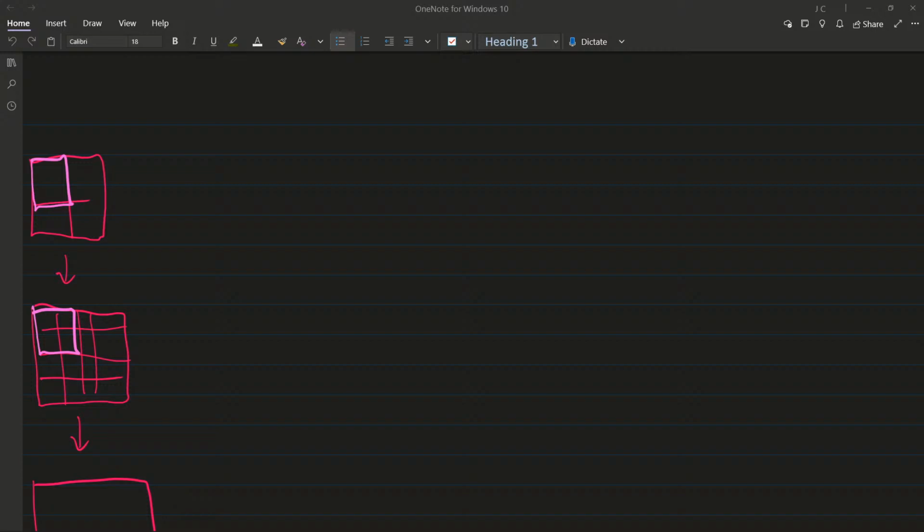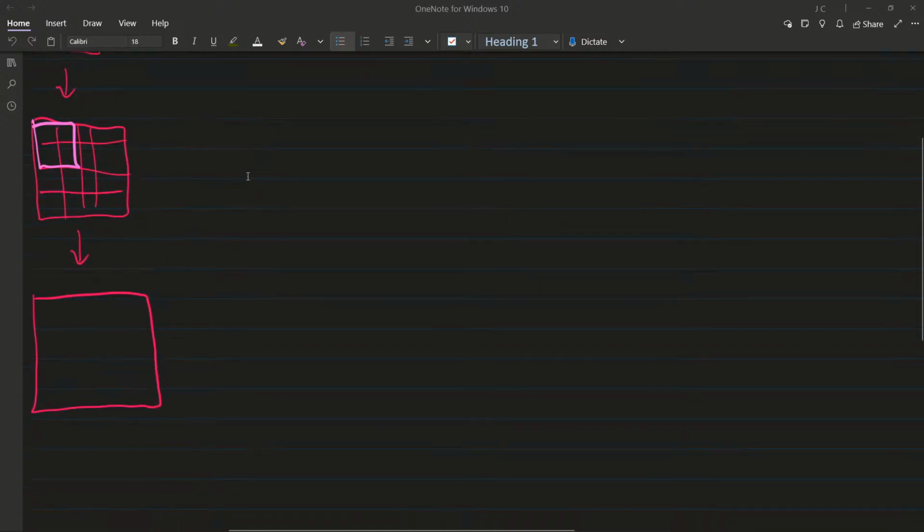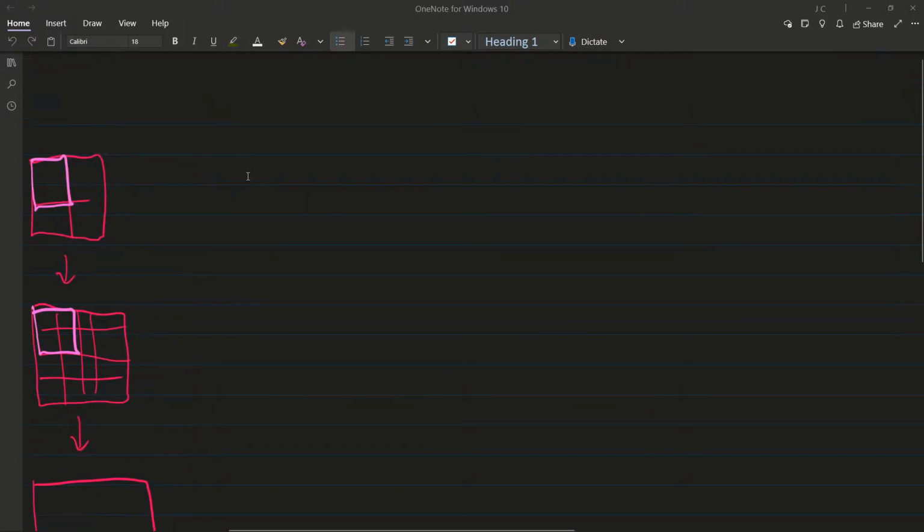What would the next one be? It would have 6. No, it'd have 7 lines. Anyway, we went off the screen. So anyway, yeah, like this. Okay, so this is 2x2, then it goes 4x4, and then you go to 8x8, and